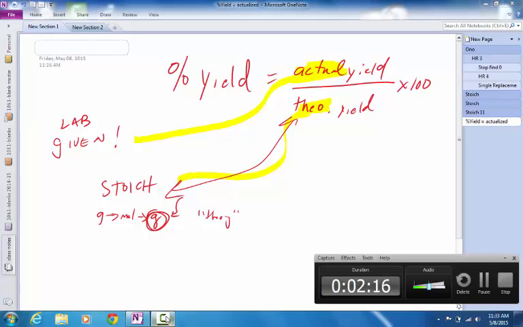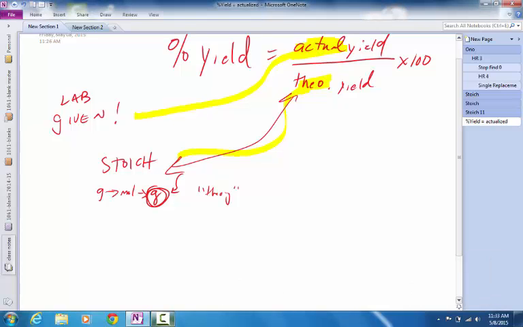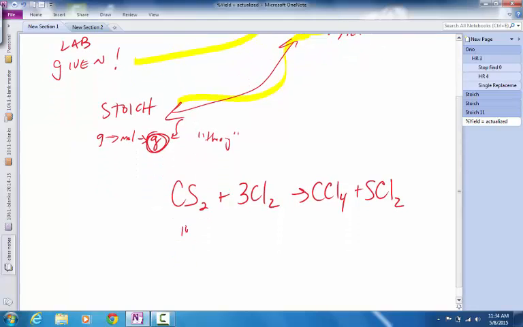Okay, so then let's do a problem here. If we have the following equation, carbon disulfide plus 3 chlorines, this is carbon tetrachloride. And if this is our equation and it's balanced, and I tell you that I have 100 grams of each,